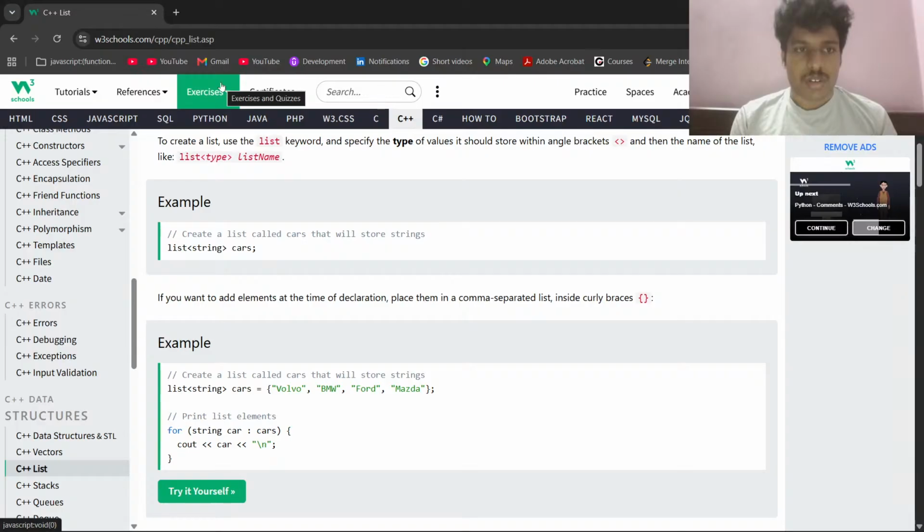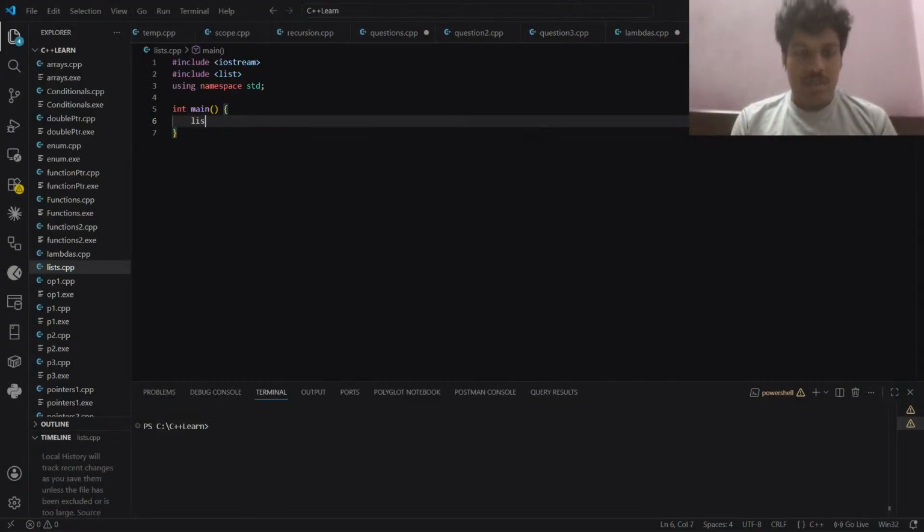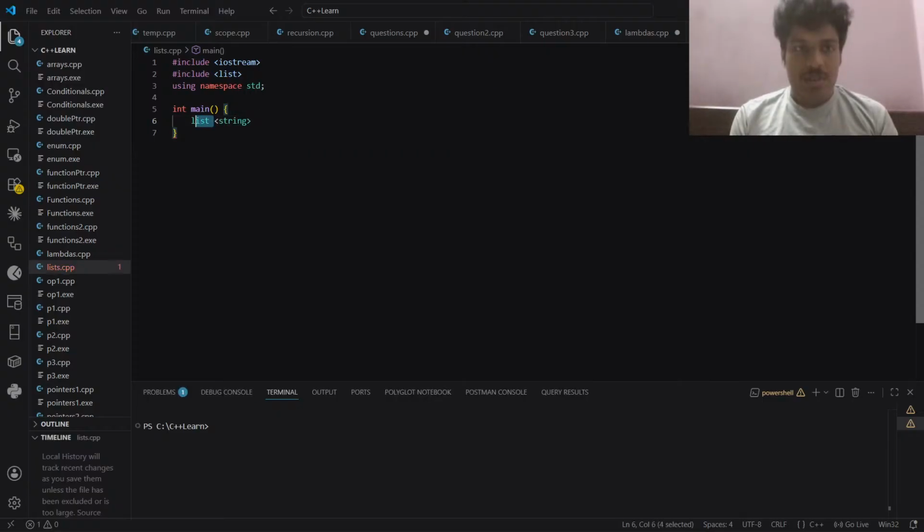And then you have this syntax, similar to vectors. If it was a vector, here you would have to say vector of string and then the name. Name is,